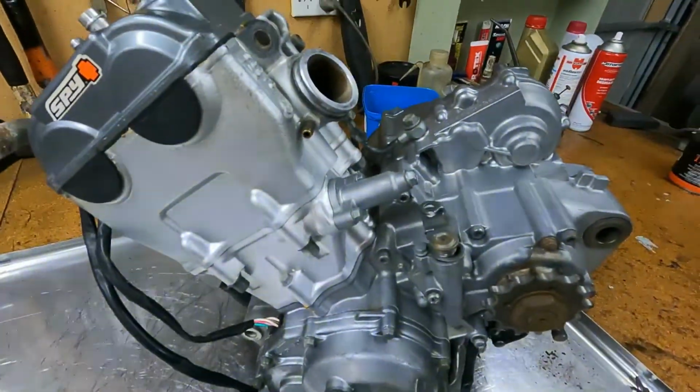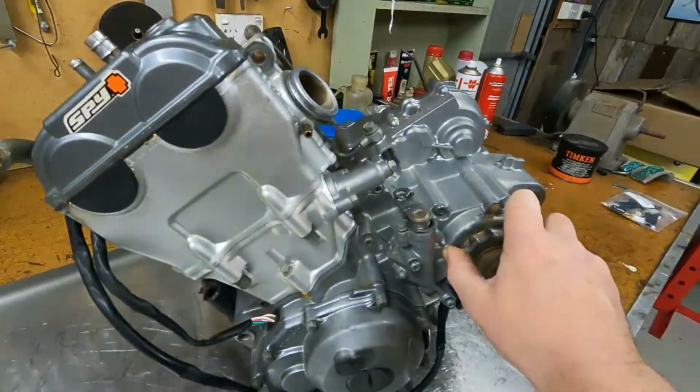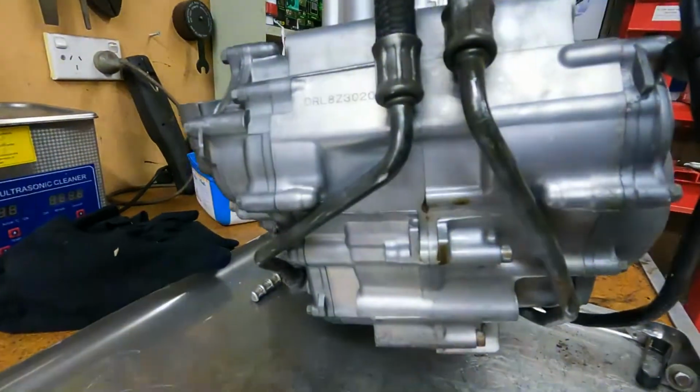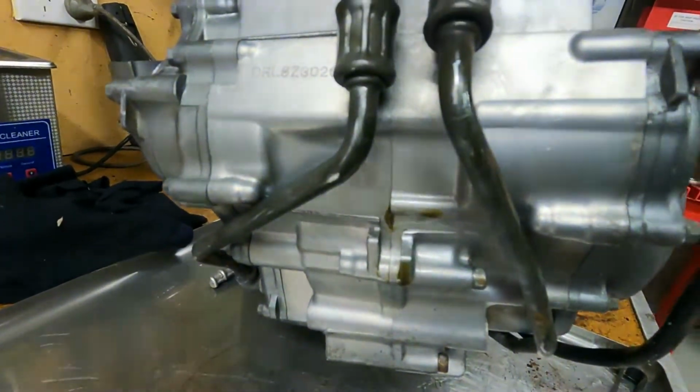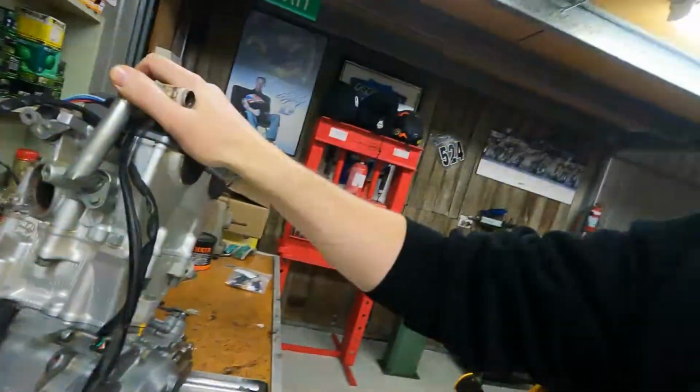So the only reason why we're pulling it, you know, he pulled it out. He's given the rest of the bike a little bit of a birthday, new plastics and paint the frame up and all that sort of jazz. But I'll just show you. It had a bit of an oil leak, and this has got to really suck. But between the two center cases, it's leaking oil, so got to split it,